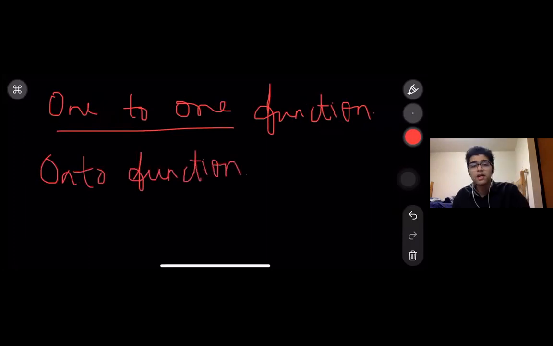What is an onto function? So the one-to-one function focuses on the domain. We are talking about numbers in the domain, and we are seeing that two numbers cannot be matched to the same thing. Now the onto function doesn't really care what happens in the domain. It's not bothered if one number is mapped to something unique. If two numbers are mapped to two different things, it doesn't really care. All it cares about is every number in my codomain should be an image of something.